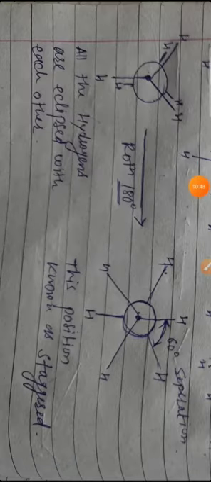Now next, we have to start our conformational analysis. Conformational analysis means that after rotating the carbon-carbon single bond, the molecule has different kinds of conformations. Among these different conformations, we have to check which is stable and which is unstable. To check the stability, this angle is a very important factor.